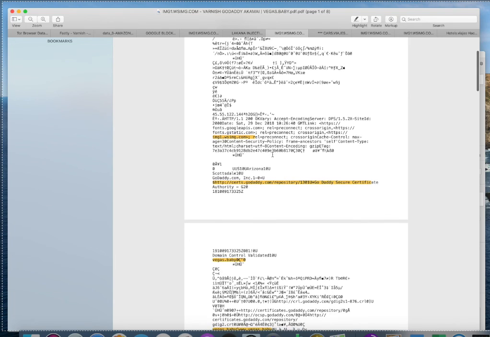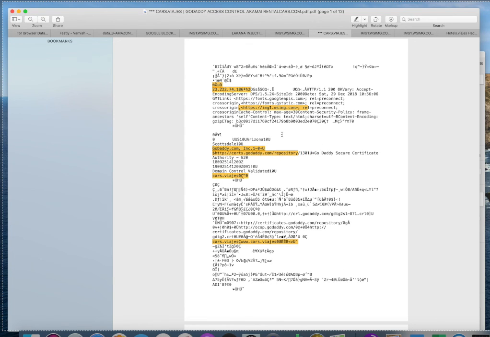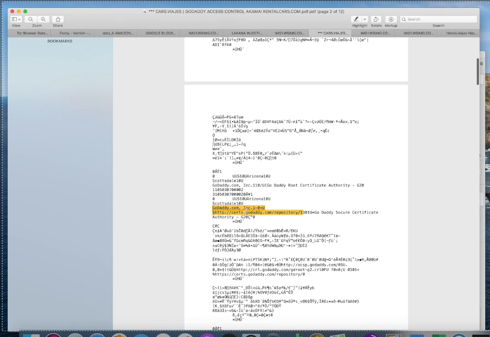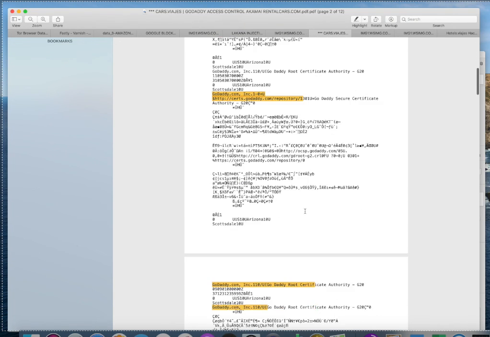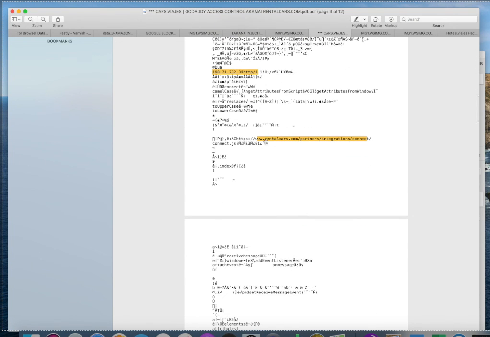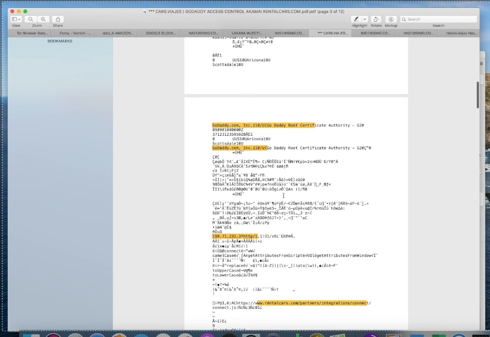Now, Vegas, baby, and the IMG from GoDaddy, cars.viajes. Now, cars.viajes, by the way, has a rental cars application on it. So somebody at GoDaddy has put a rentalcars.com app in here.